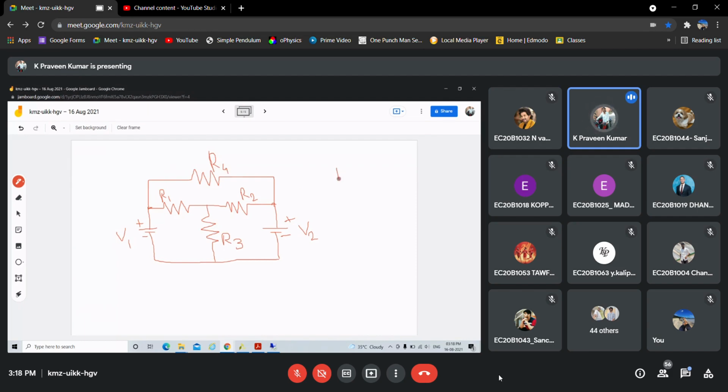So let us say R1 as 100, R2 is something like 200, so R3 is also 200.